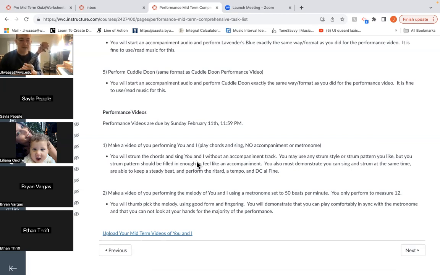And then there is another video you'll make of you playing the melody only, and your metronome will be set to 50 beats a minute. That's very slow. I don't have a metronome going on, but the reason we want you to do that,